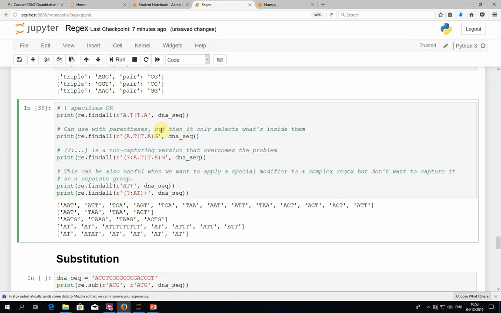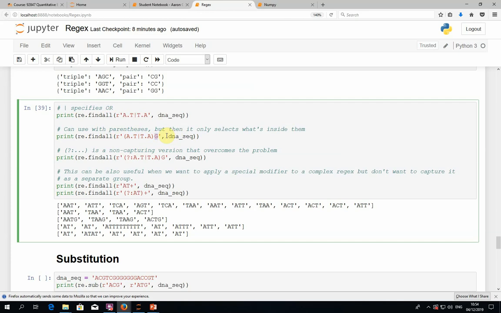But now we get into a trouble, because these parentheses actually have 2 functions here. First, they're used for this vertical line. So they give us some context and say that this vertical line doesn't apply to everything on the right and everything on the left. It applies only within these parentheses. So it's to restrict the context of this vertical line. But the parentheses also have a different meaning, which is the selecting, like we saw before. So when we do that, we'll only get what's within the parentheses, and we won't get the G as part